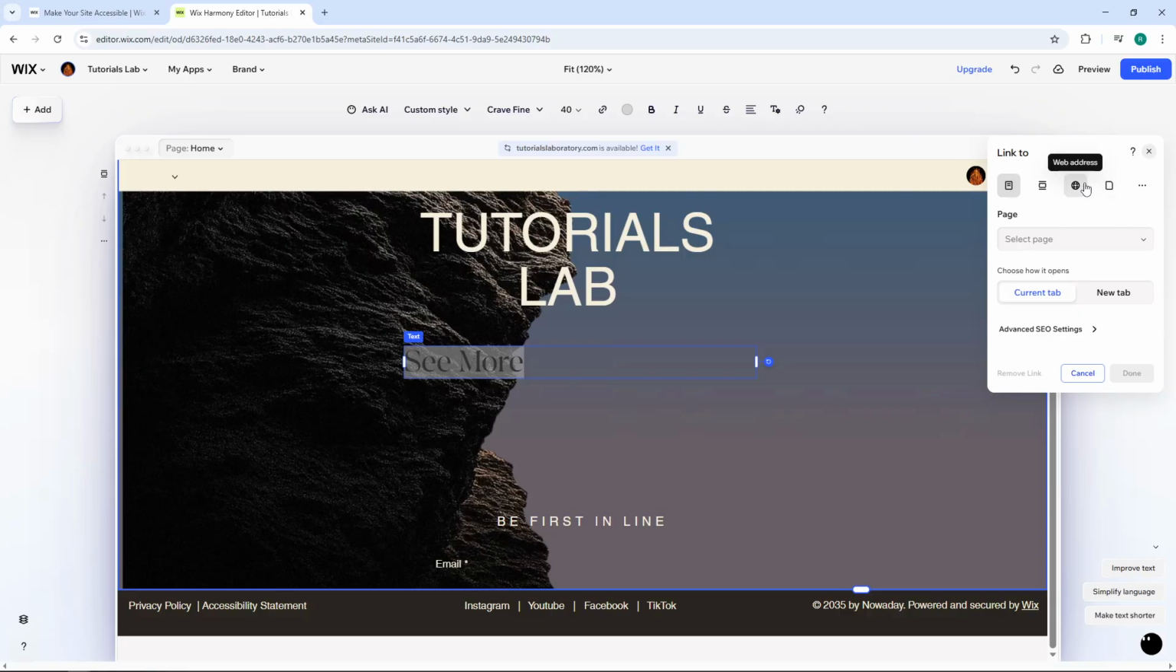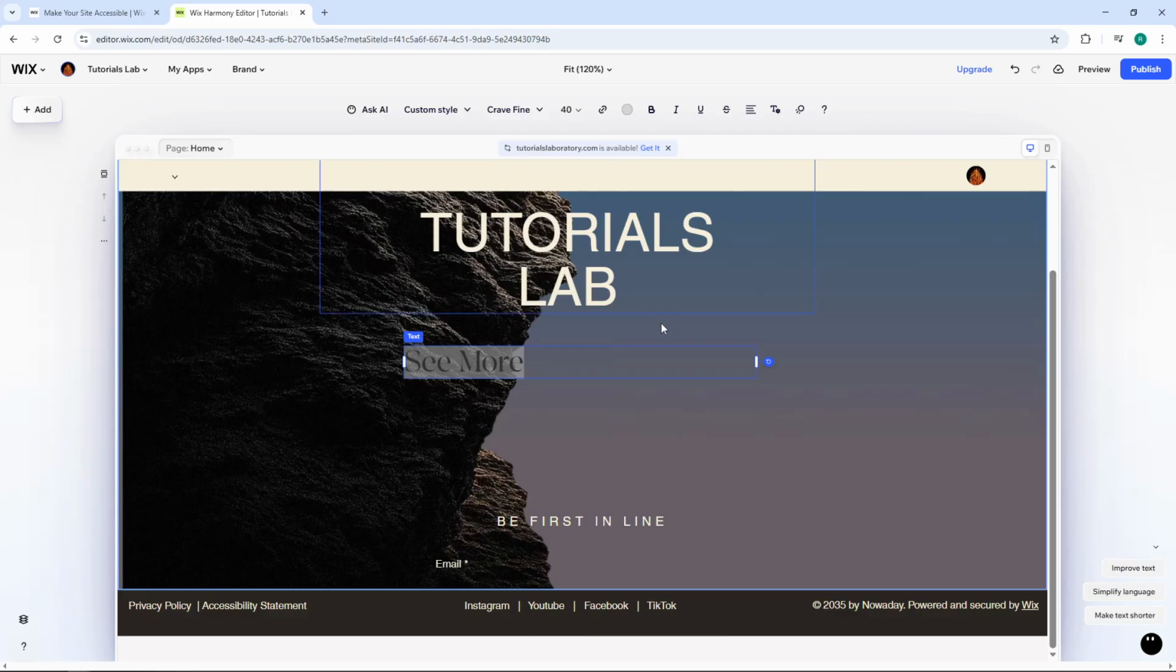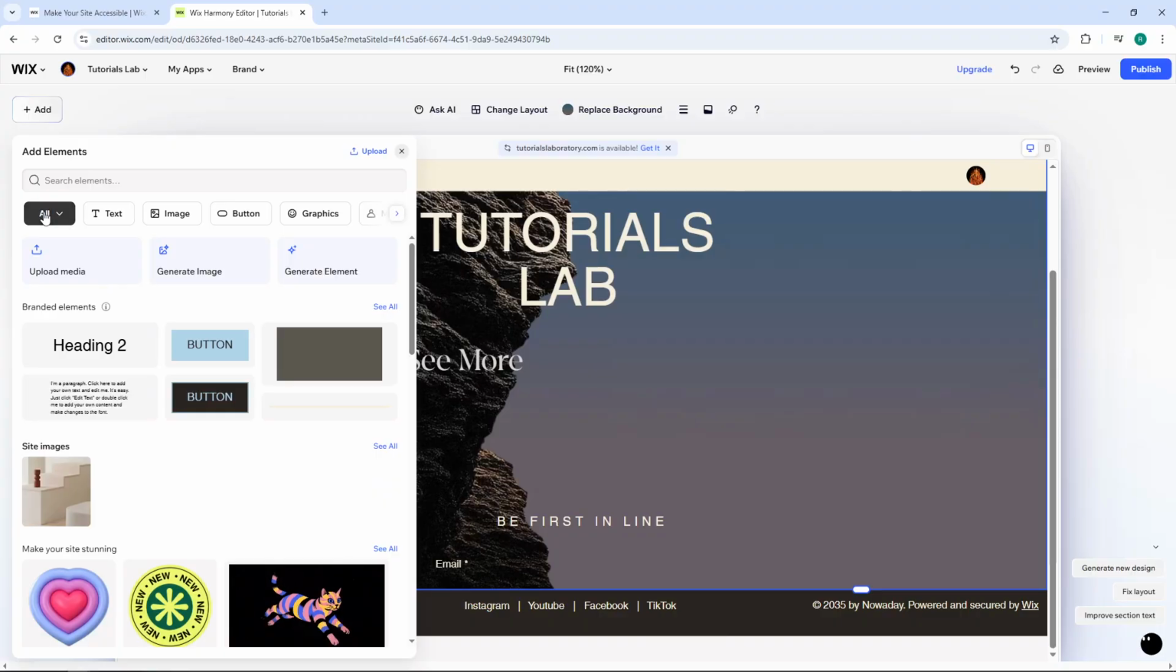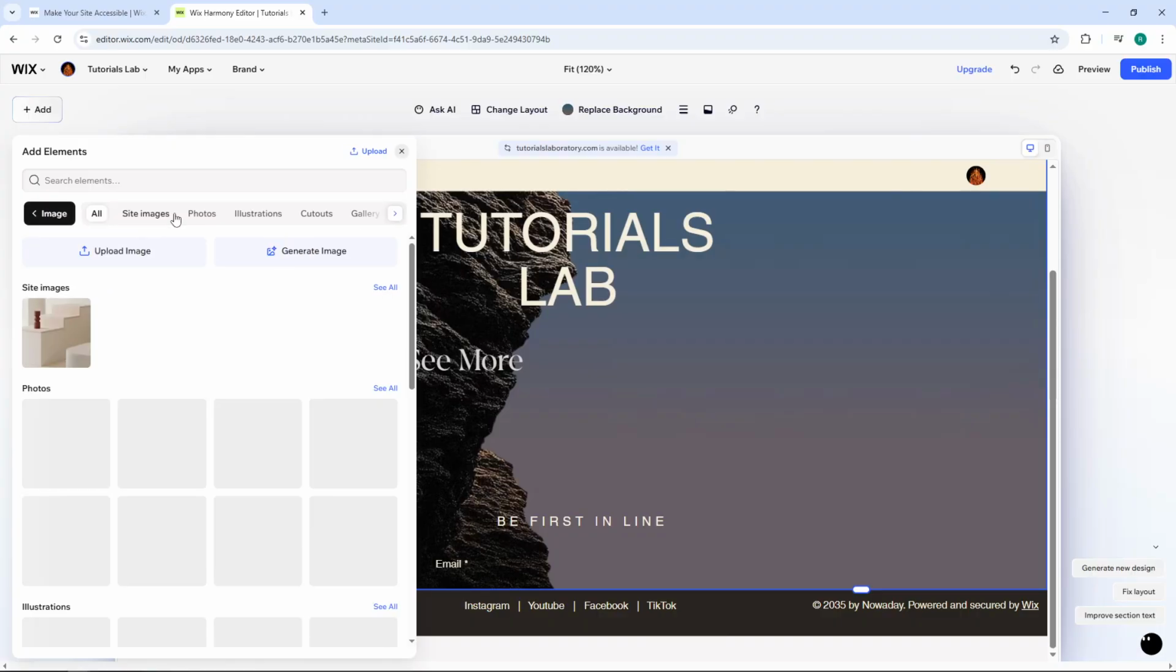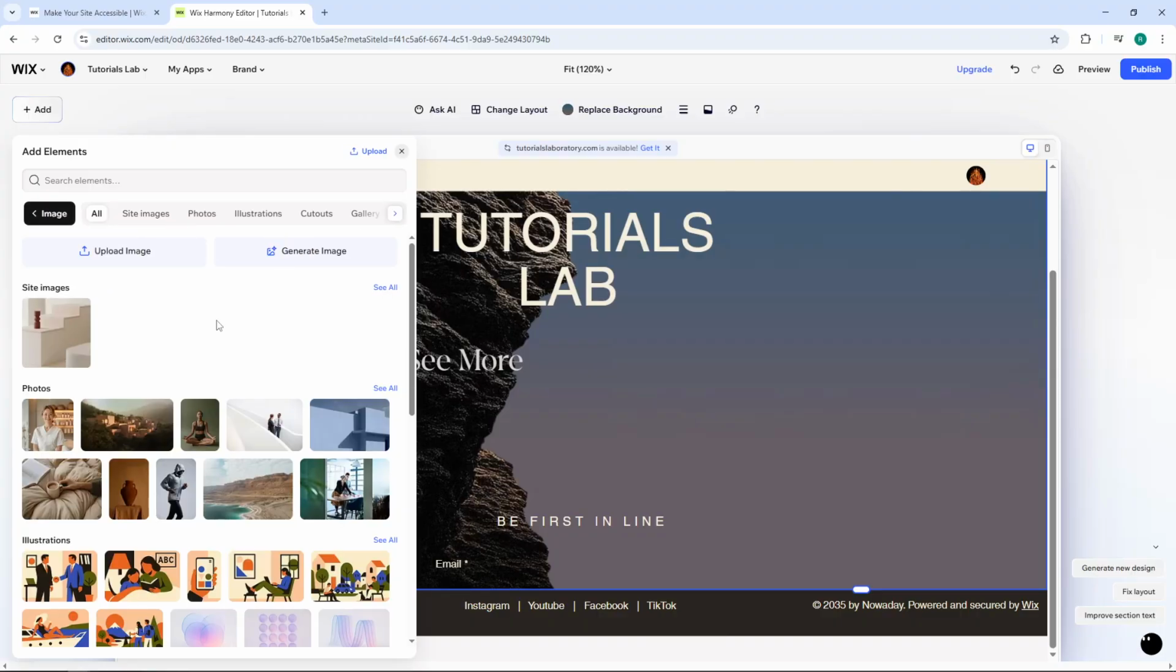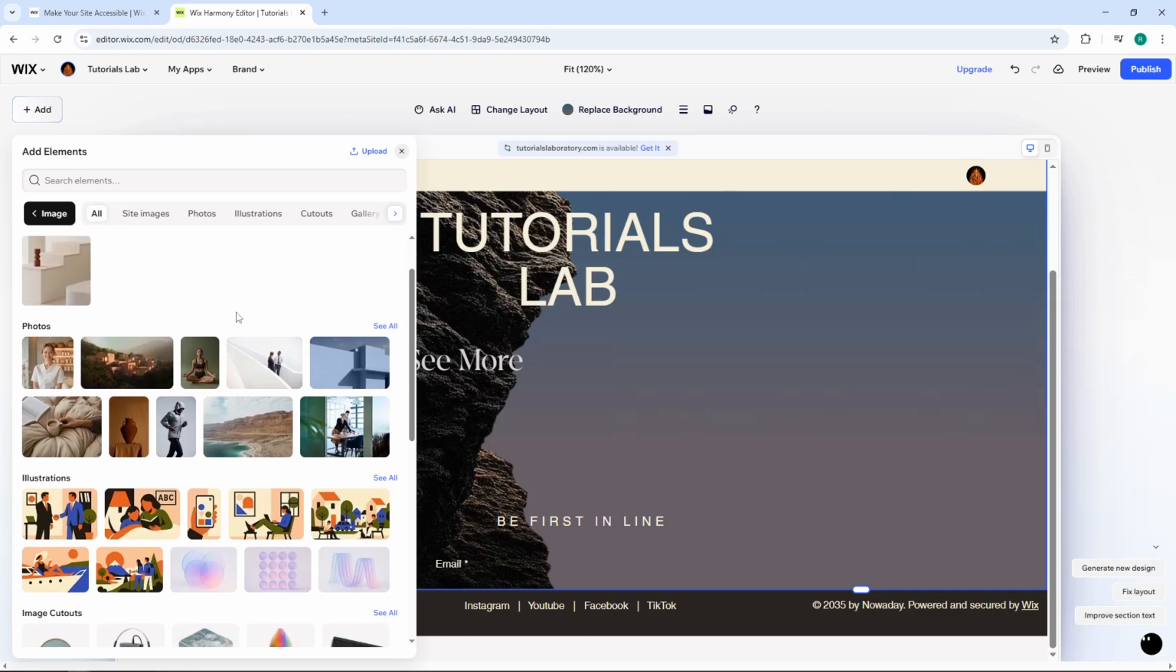Now for the second method, we'll use an image. Locate the Add Element menu on the top left corner again, and this time choose Image from the options presented. You can drag one of the stock images provided or upload your desired image. For this tutorial, we'll use a stock image since the procedure is identical whether you're using Wix's library or uploading